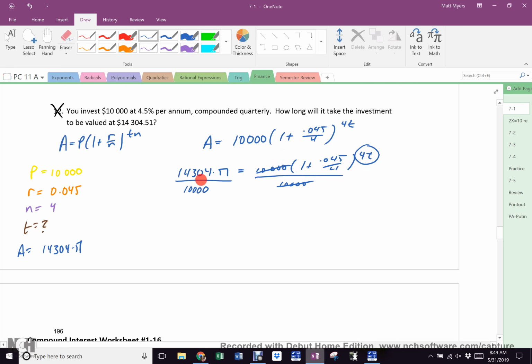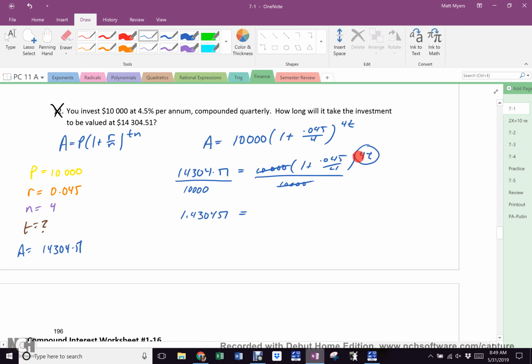So dividing by 10,000 is easy. How many places does the decimal move? 1 space for each 0, yes? So 1, 2, 3, 4. So I've got 1.430451 equals